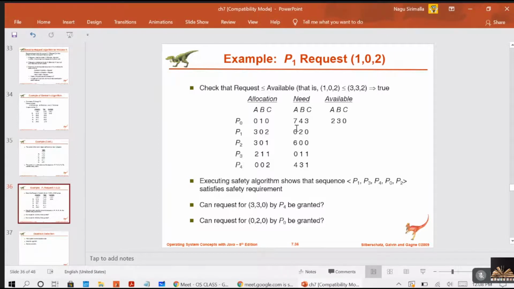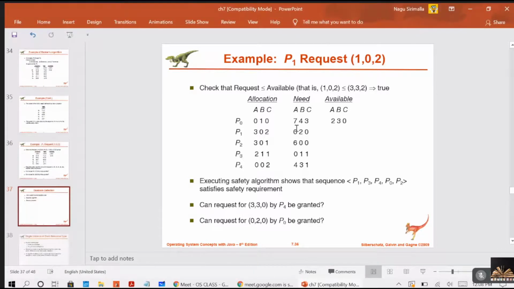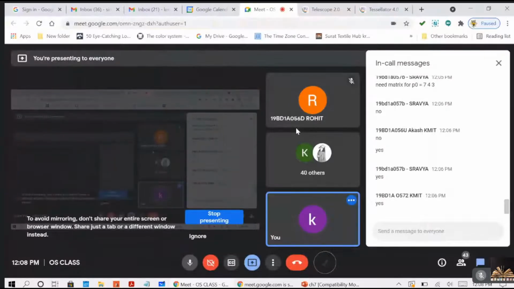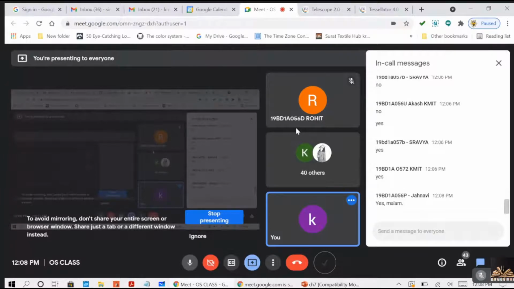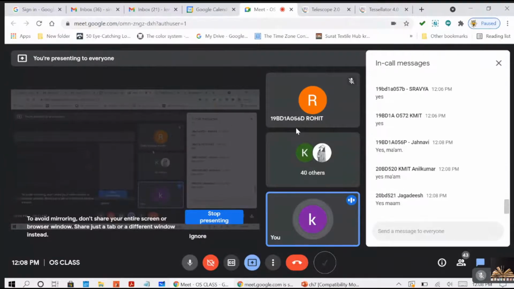Okay guys? Yes or no? Do you understand this Banker's algorithm problem? They will give you a scenario with the allocation, max and available. How are you going to calculate the available? Total number of resources of a type minus the total allocated resources of that type to all the processes. That way available will be calculated.